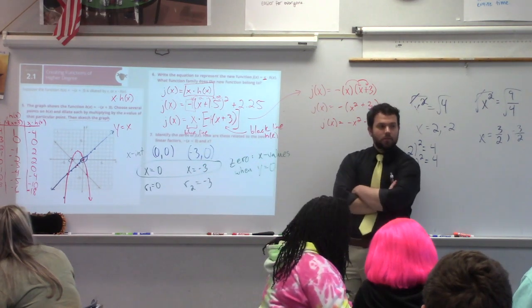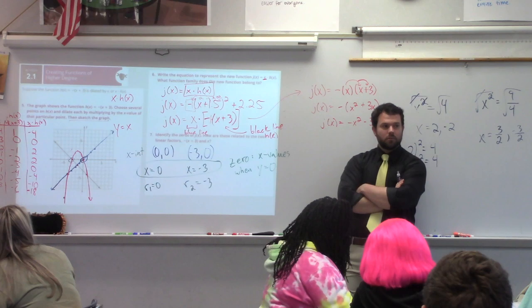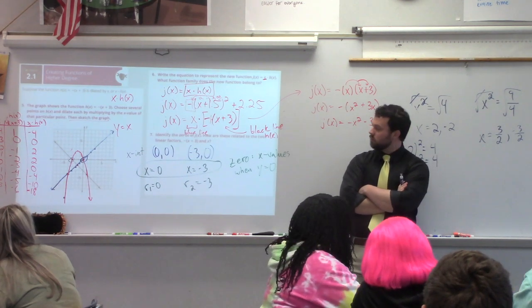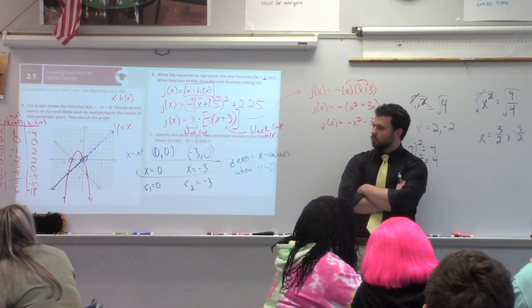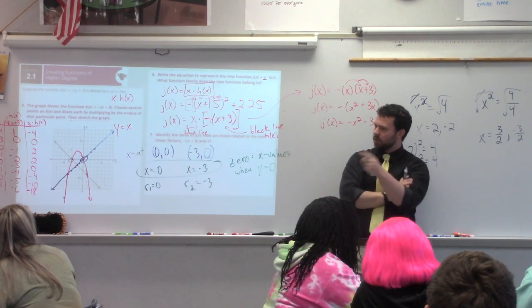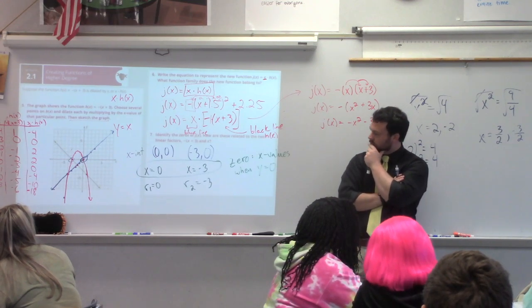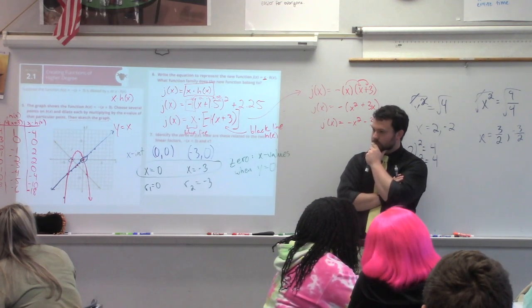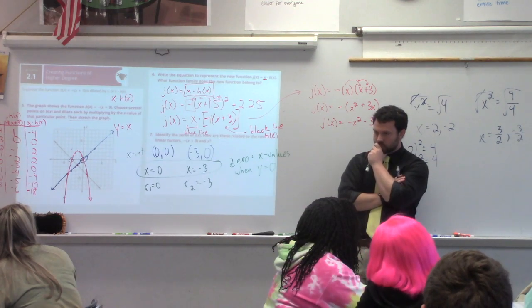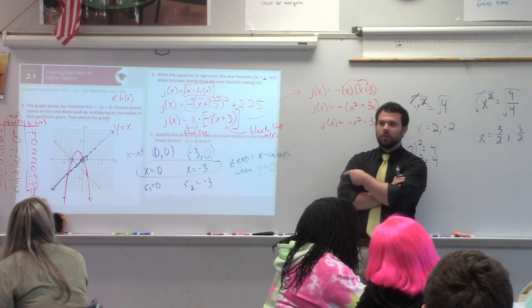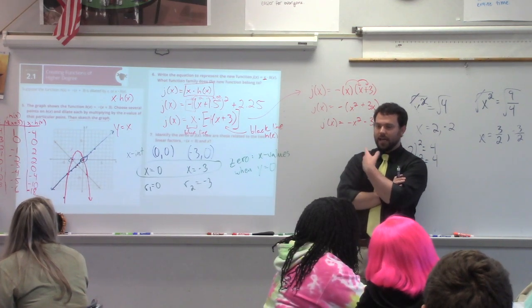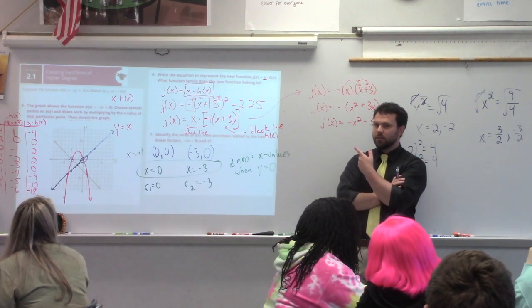It's the x value for both of the lines, for y equals x and the other. They share the same x-intercept. Yeah, x-intercept. So the zeros for the parabola are the same as the x-intercepts for the